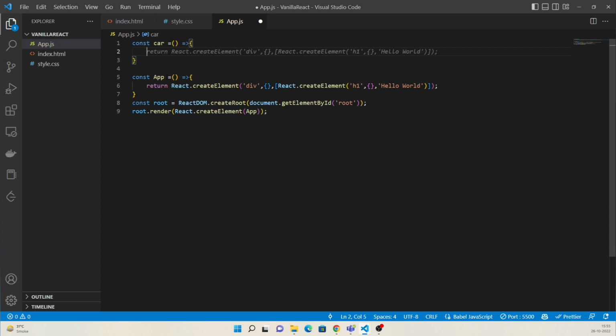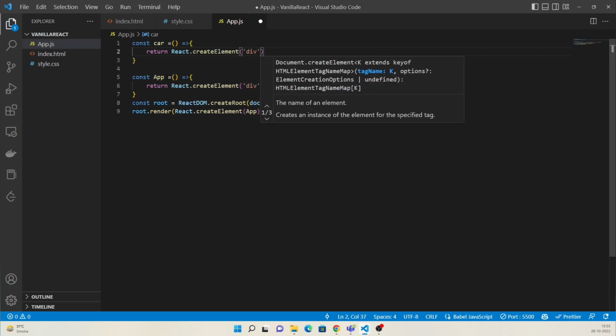Okay, with an arrow function we will try to return. Now we will be returning multiple children with that. Basically, let's say for cars we will be showing some car details right now, and let's see how that works. The auto generator is showing. Let's write by ourselves. Create element